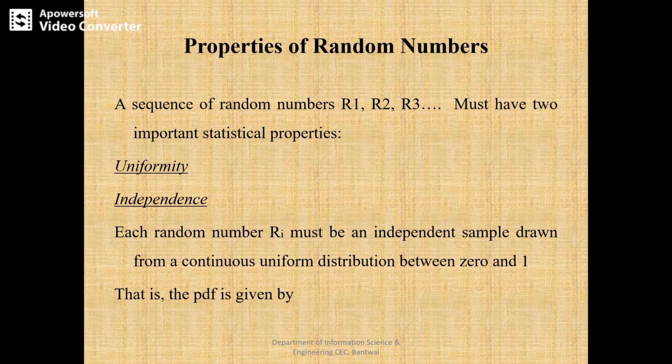Here each random number Ri must be an independent sample drawn from the continuous uniform distribution between 0 and 1. That is the PDF, probability density function, which is given by